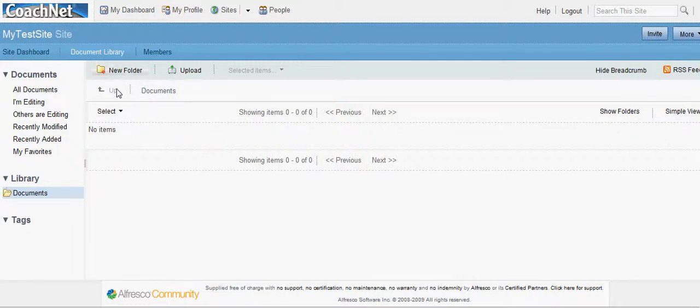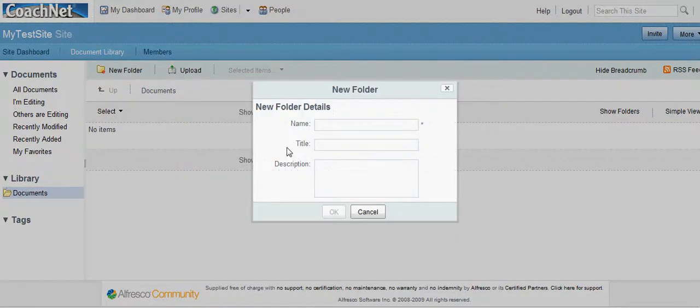Basically, we have the ability to organize things into folders, and we also have the ability to use tags. We can upload documents, and there are a number of other ways to move documents around that we'll talk about in the future. There's a whole separate set of tools for document management that we're really not covering in this initial collaboration rollout. So if I wanted to create a folder,